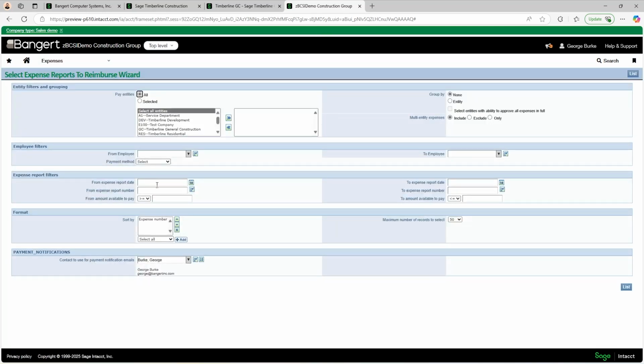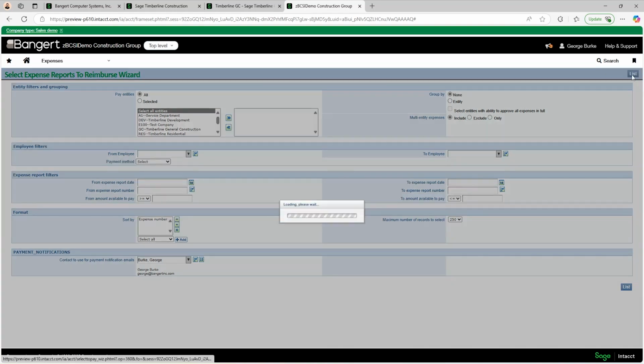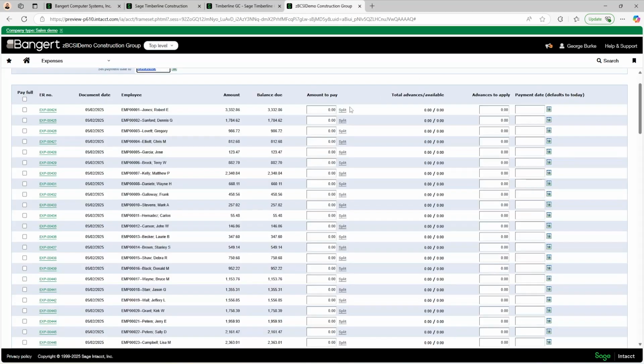And then I don't want to filter these in any way, so I'll leave this screen mostly as it is, except for I'm going to change the maximum number of records to select from 50 to 250 to ensure that I get all of them. If you do have more than 250 records to pay out, you'll need to go through this process more than once. Then I'll go ahead and click List. And here are all the expenses that we need to pay out.